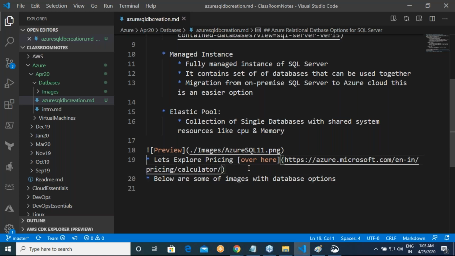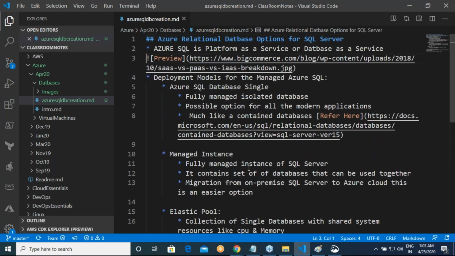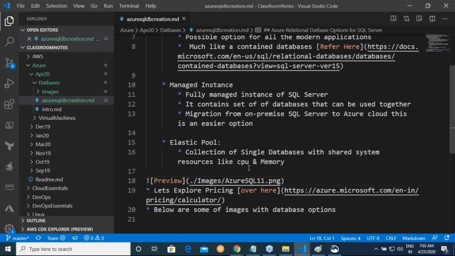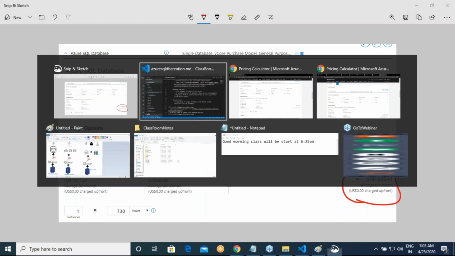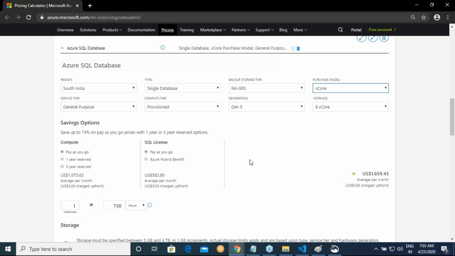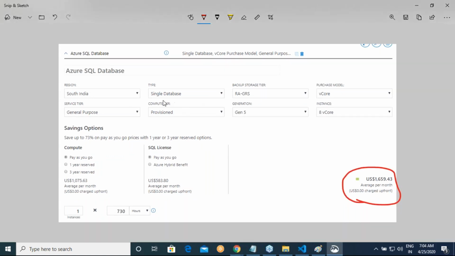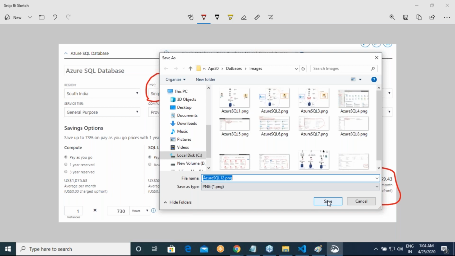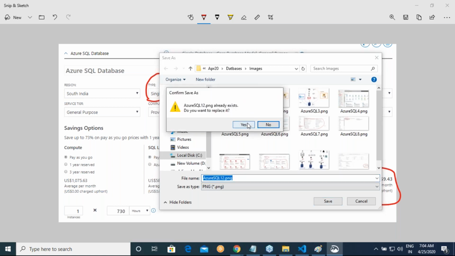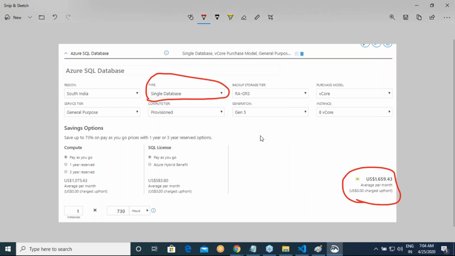Okay, I'll start with this. Whenever you learn any service, whether I remind you about it in the classroom or not, the first thing which I want you to do is please explore pricing. Please explore pricing. Once you look at pricing, you will understand what the different models are that are available. That's the easier way to learn anything in the cloud.